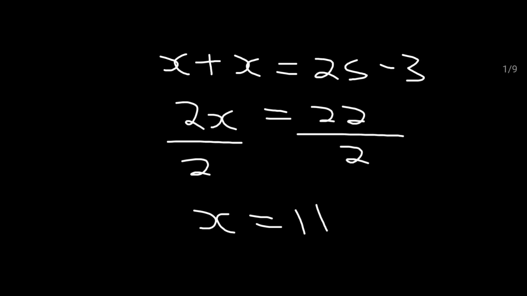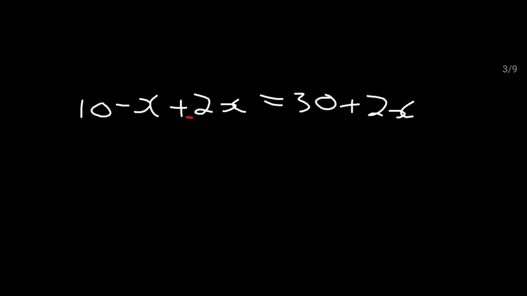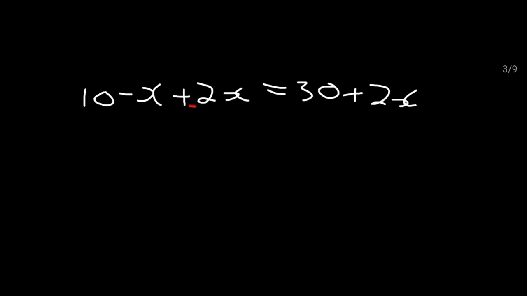Let's see another example. We have 10 minus x plus 2x equal to 30 plus 2x. Now, it is the same. We have a mixture of the variables and a mixture of the numbers. Therefore, I'm going to group my like terms. I'm going to remain with negative x. Remember, this is what I've been telling you. Be careful of the sign. We have minus x plus 2x. Then I'm taking this 2x